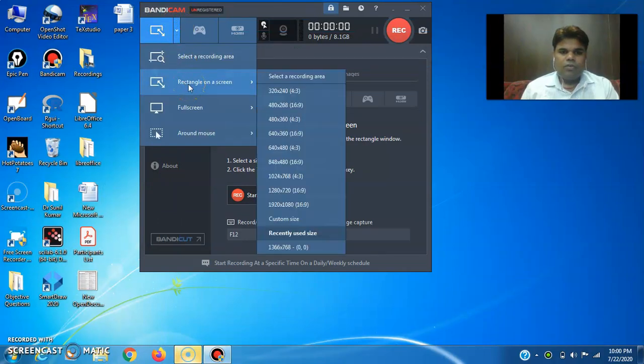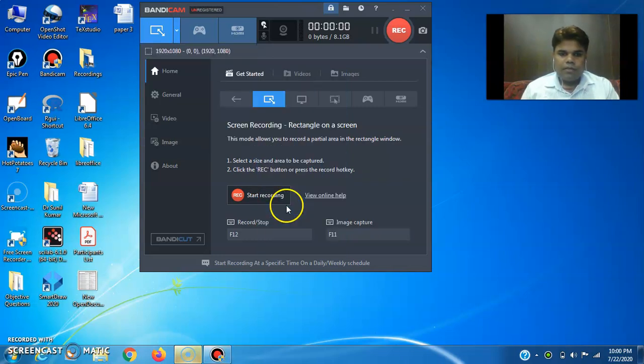If I want to select a rectangle on the screen, then we have to choose a pixel size, 4:3 or 16:9. We should choose the maximum available pixels, and by choosing the maximum pixels, our video quality will be better.